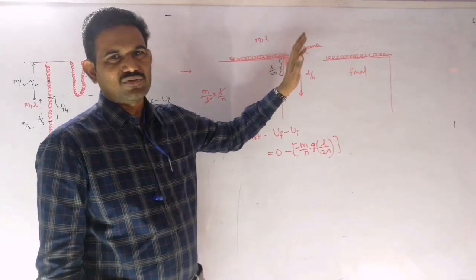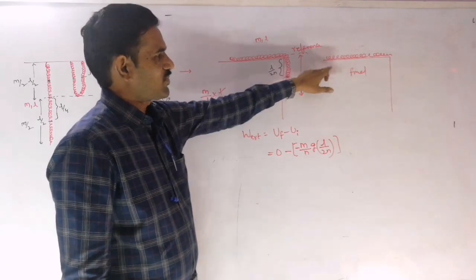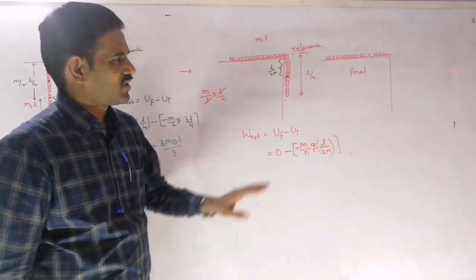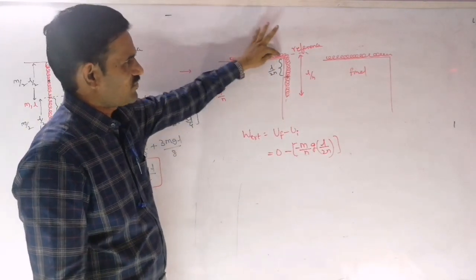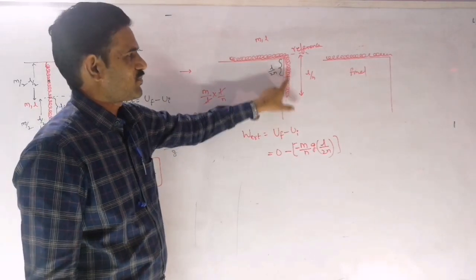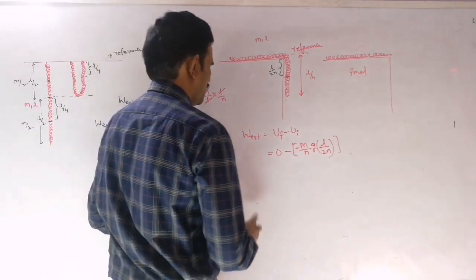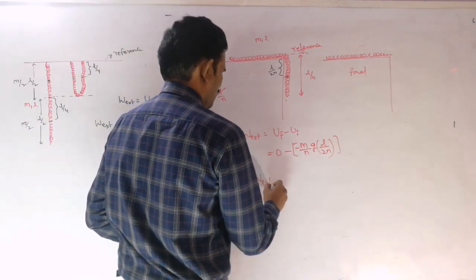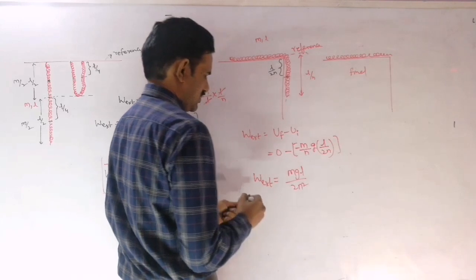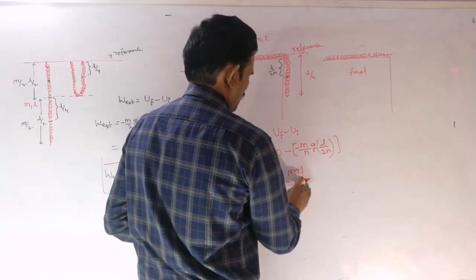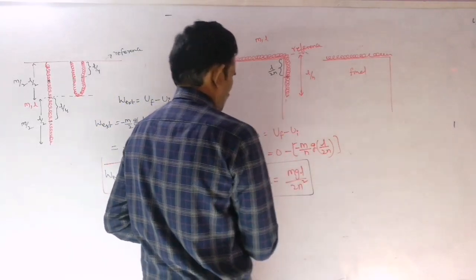Many questions will be related to this chain. We will discuss it later. So the final potential energy is 0 because finally the total chain is on the table. Now the initial potential energy is like this: the potential energy of this part is 0, only for this hanging part the potential energy will be there, right? So the work done by the external agent is equal to mgL by 2n square. Is it clear? So this is the work done by this force in that case.